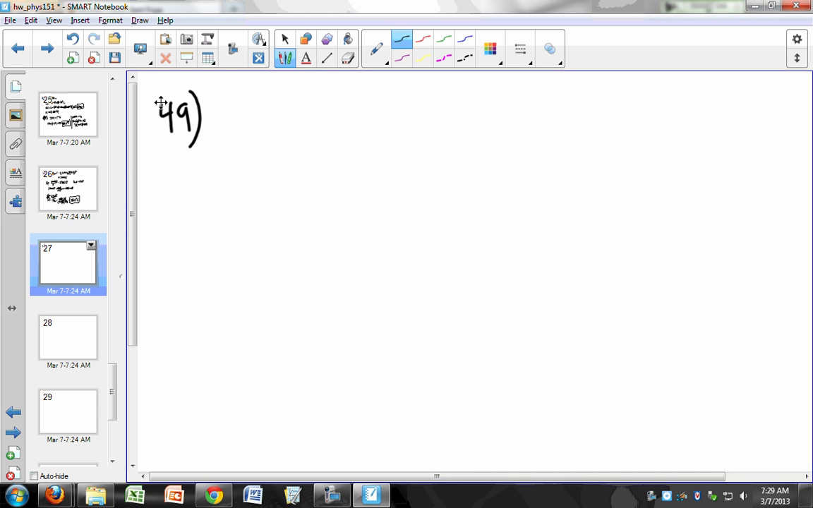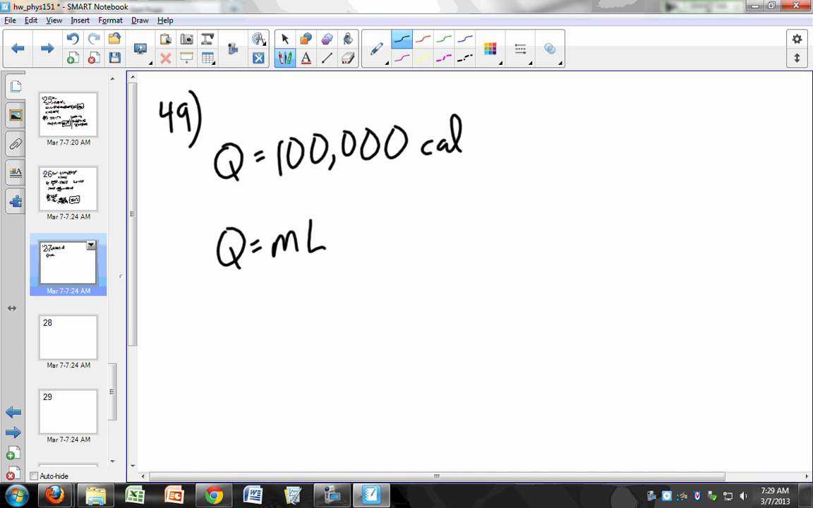Calculate how much perspiration a person must evaporate during physical exercise to get rid of 100,000 calories of heat. So Q is equal to 100,000 calories, and I want to know how much sweat a person must evaporate in order to get rid of that. This goes back to our latent heat of vaporization. That amount of energy is equal to M times the latent heat of vaporization. So I want to know what is the mass. So it's going to be Q over the latent heat of vaporization. That's 100,000